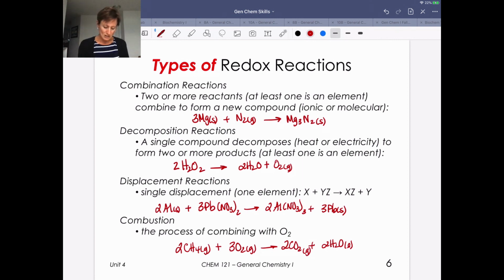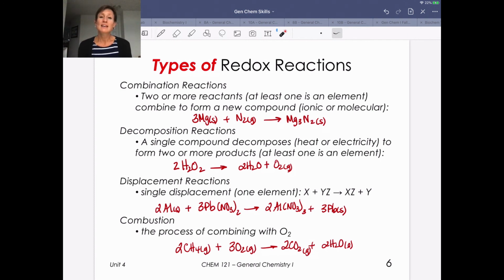So a combustion reaction, again, looking at what we have here, we're going to have oxygen in its elemental form here. And then in both of these species, oxygen is going to have a -2 oxidation number. So going from 0 to -2 meant we are going to be reducing oxygen. So we reduce oxygen in both the formation of carbon dioxide and water. And in this case, that carbon atom is actually going to be oxidized as we go and we form carbon dioxide. Okay, so that is our redox